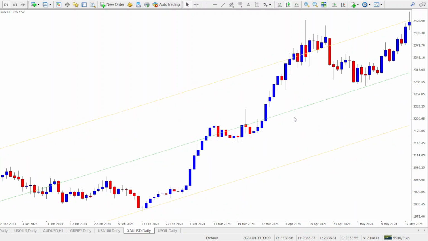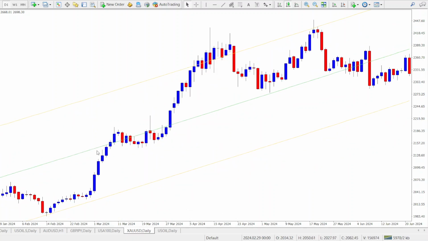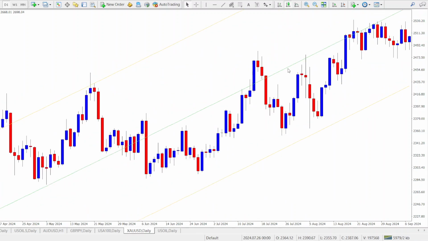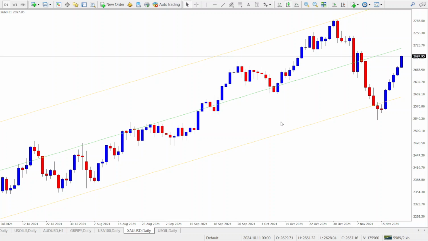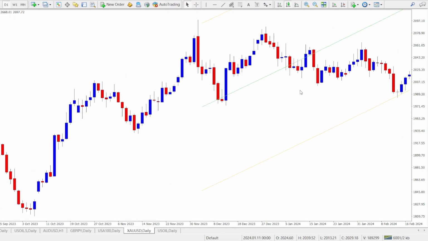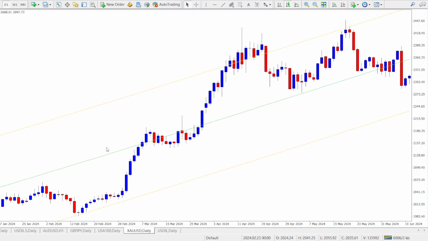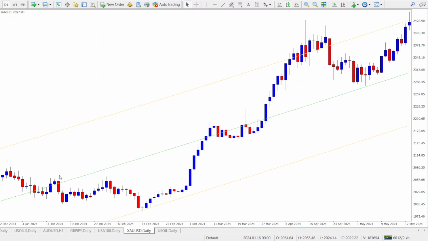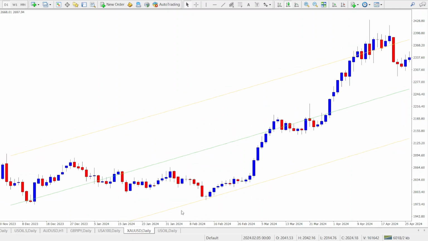For example, when you have the trend identified, because the indicator is going to identify the trend for you automatically depending on the slope, right? When the indicator is sloping upwards, automatically it means it's a bullish trend. When the indicator is sloping downwards, automatically it means it's a bearish trend, right? So once the trend has been identified and you see price has begun to bounce from the lower channel to the upper channel, back and forth,